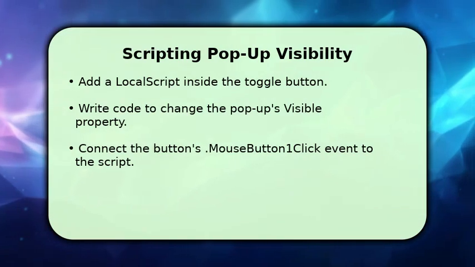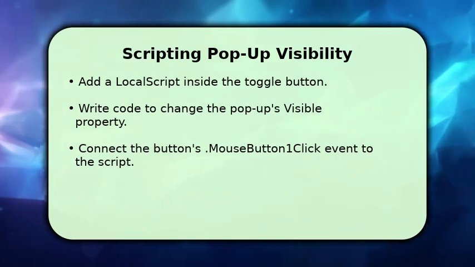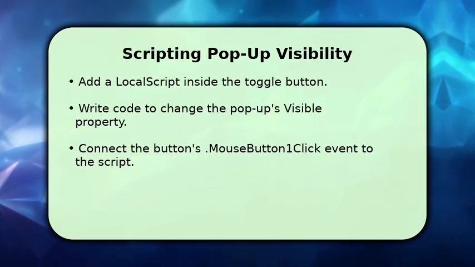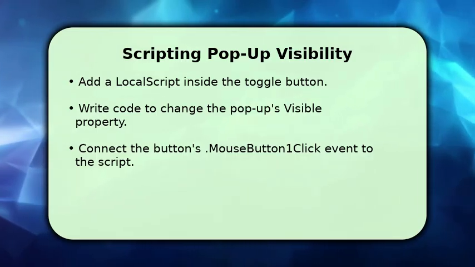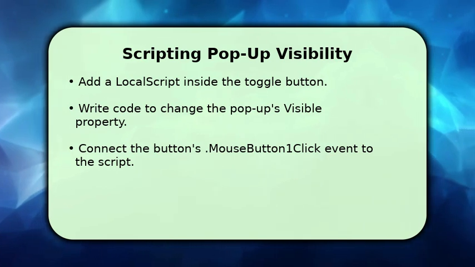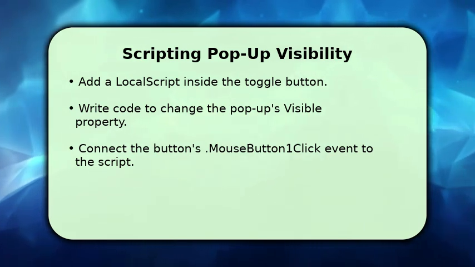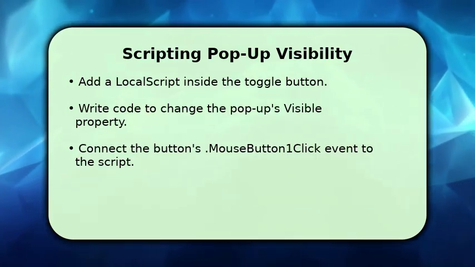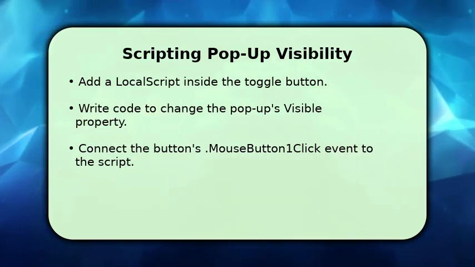Now for the core functionality, scripting. Insert a local script directly into your toggle button. This script will control the visibility of your pop-up. You'll write a few lines of code to toggle the visible property of your pop-up frame or text button between true and false. Make sure to connect this logic to the button's mouse button one-click event so it responds to